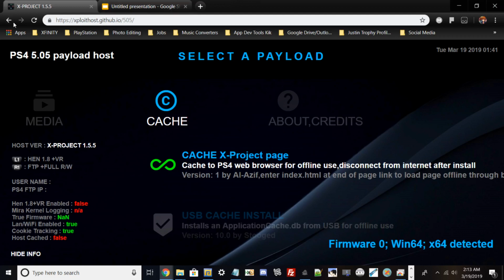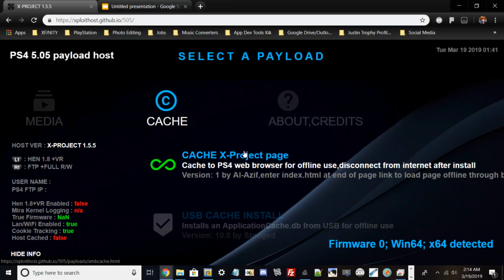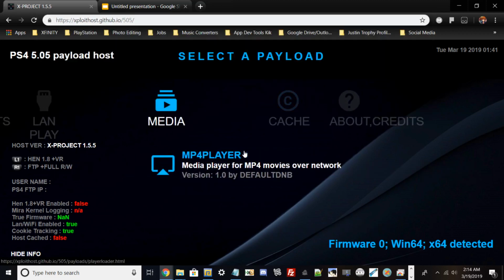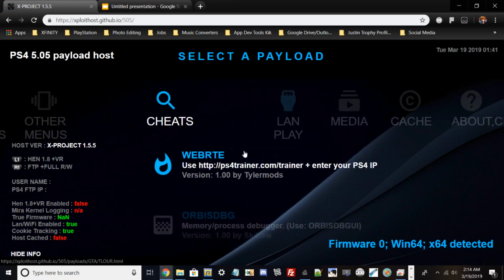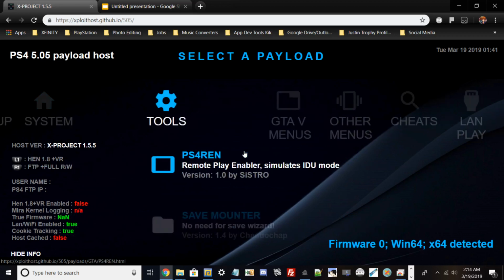you want to go ahead and type in this exact link, https exploit host.github.io/505. Once you get this exact link, you just want to navigate by using your D-pad. You can also use your keyboard for this too. It's kind of like the PlayStation 3 cross media bar, or the XMB. But what you want to focus on is to click on this menu called PlayStation 4 REN on your PlayStation